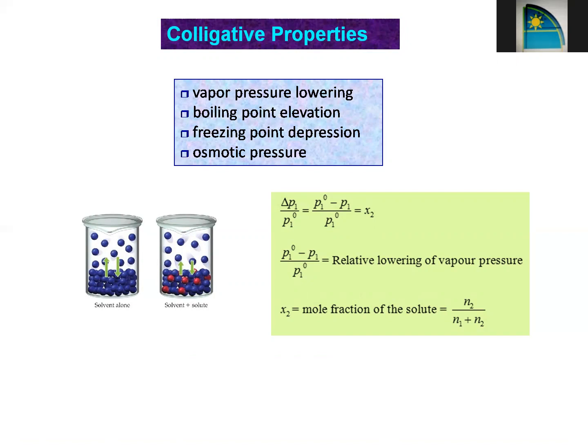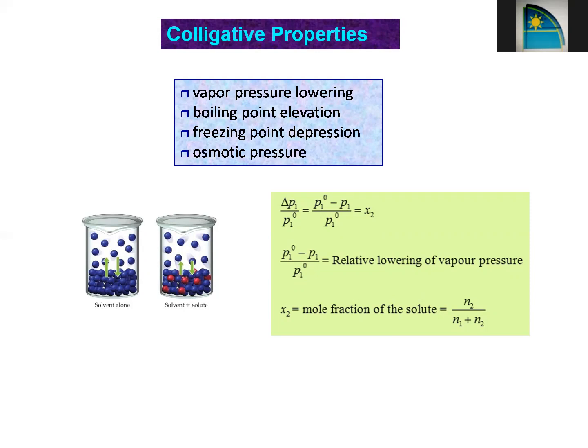So the first colligative property we have is known as vapor pressure lowering. This means that, as you can see in this diagram, the blue dots show only the solvent molecules. When we heat solvent molecules in the pure state, they go into the vapor state. But when I add some amount of solute, shown by the red dots in figure B, we can see that the solute particles are not letting the solvent particles go into the vapor state. So in turn, the number of vapors reduces. Number of vapors reduces means the vapor pressure of the solvent decreases.